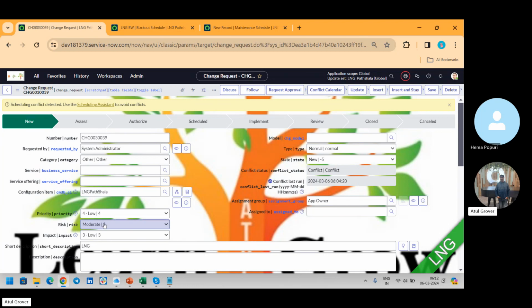In a change, more than the priority, risk matters. More than the priority, risk matters. It means, is it worth it, if you are deploying a change, what is the risk behind that? Let's say